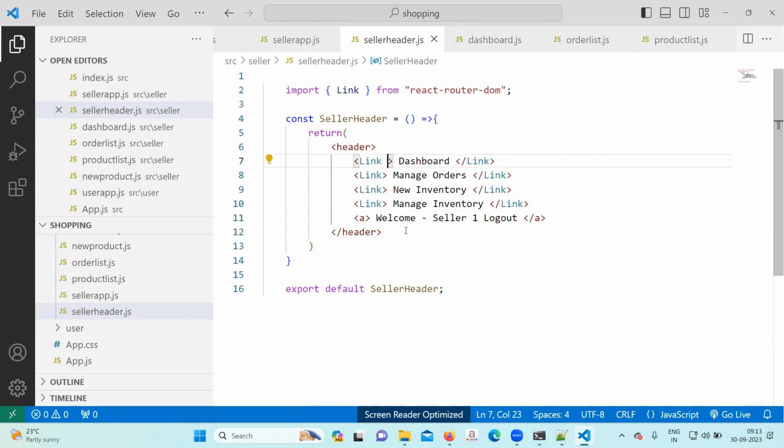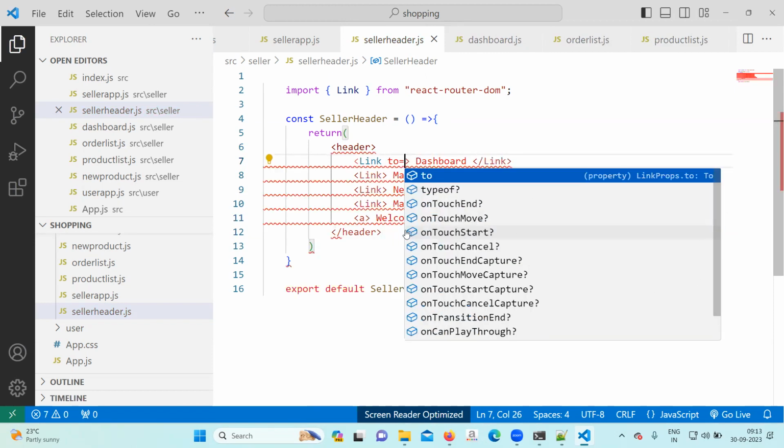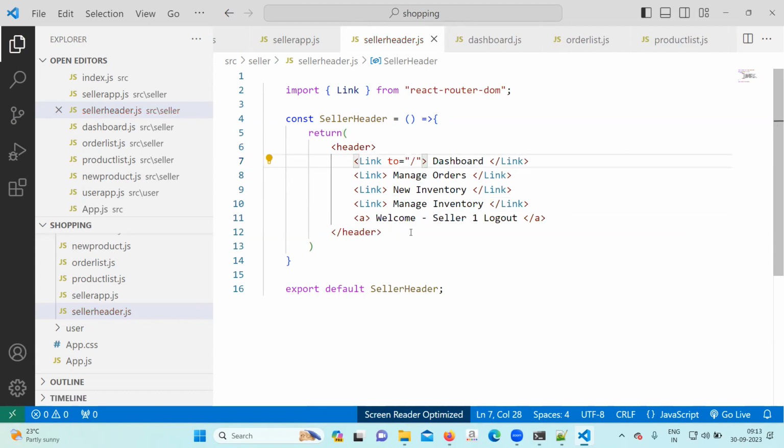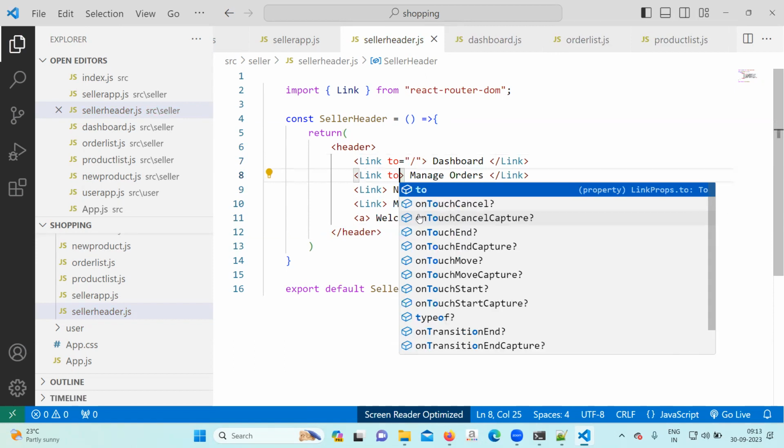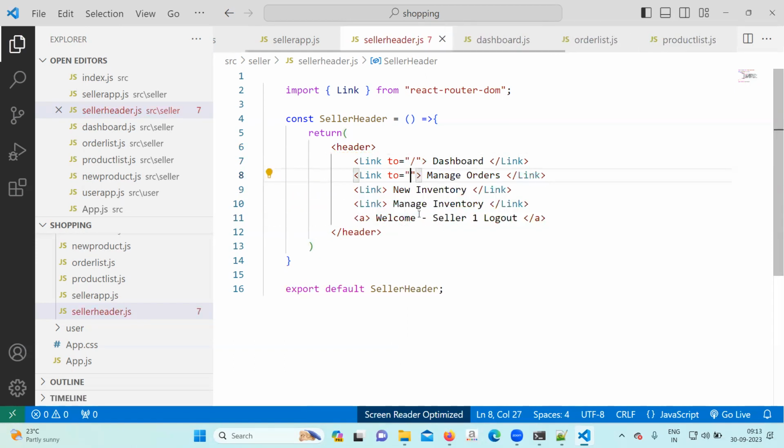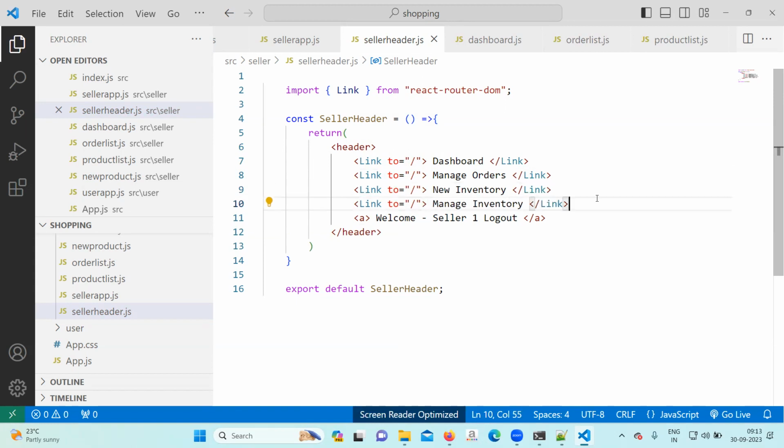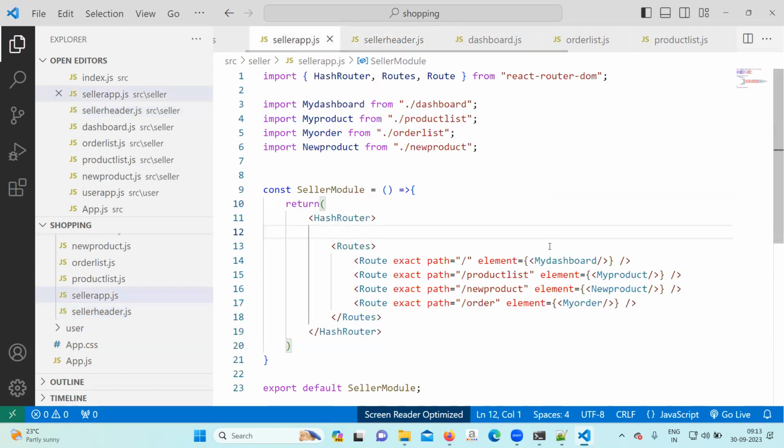Now go to the link tag and write link to only slash. Here also link to. You have already given the path in the seller app file. Correct? In seller app, what are the paths we have given? I will look once.